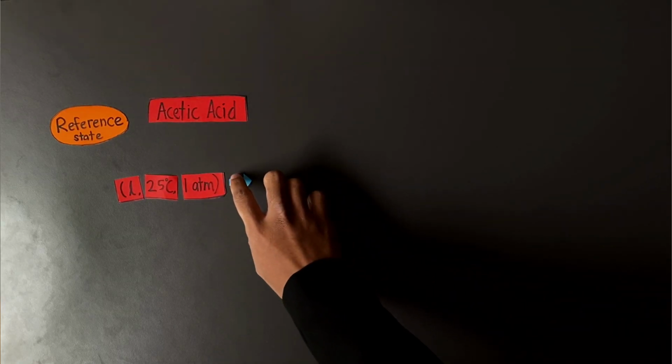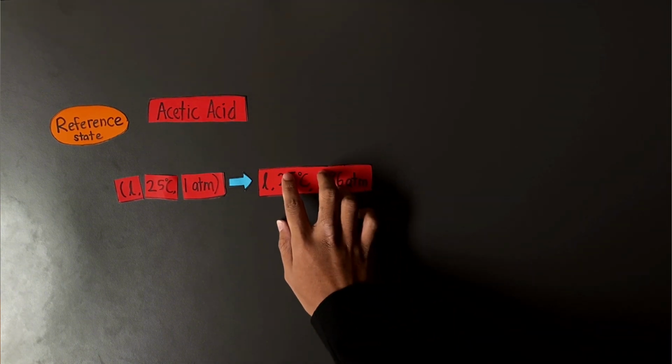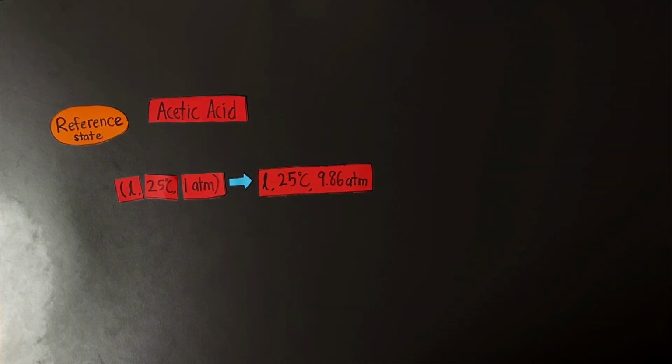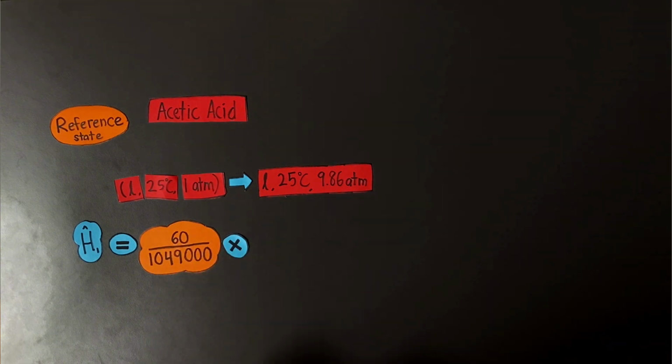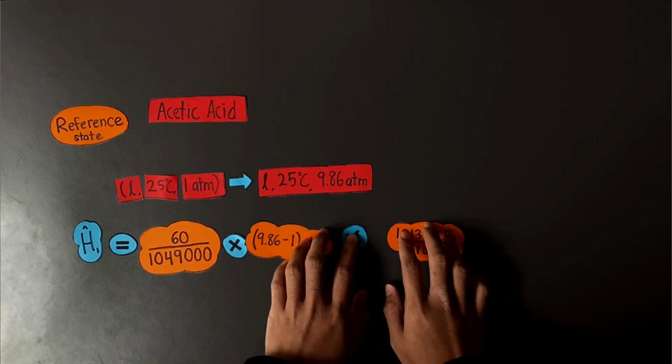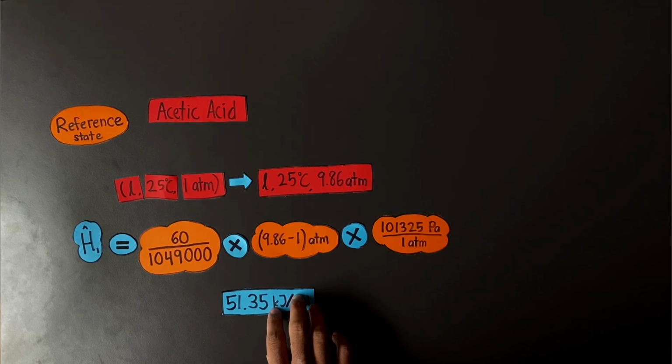First, we must do the hypothetical process path, and it will move from the reference state into the state that we want. In this case, it will move into liquid, 25 degrees centigrade and 9.86 atm. And then we will get the answer for the first specific enthalpy, which is 51.35 kilojoule per mole. Now, we can do the same step for all of the specific enthalpies,